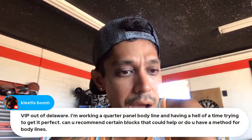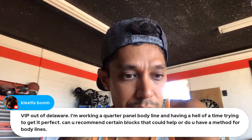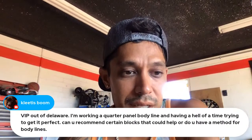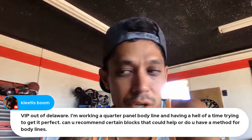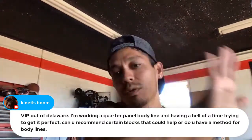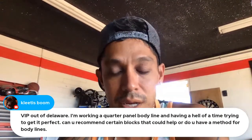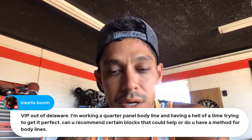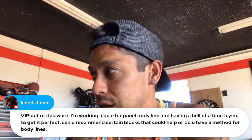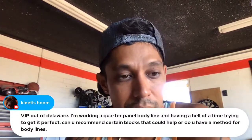Ketis Boom says, VIP out of Delaware: I'm working on a quarter panel body line and having a hell of a time trying to get it perfect. Can you recommend certain blocks that could help, or do you have a method for body lines? Well, you can use masking tape to kind of give you a body line when you're blocking. I'm not sure what body line you're working on, if you're working on a convex, like around a fender, or a straight body line in a door or a side of a fender or a wheel well. I'm not sure what type of body line you're working on, but